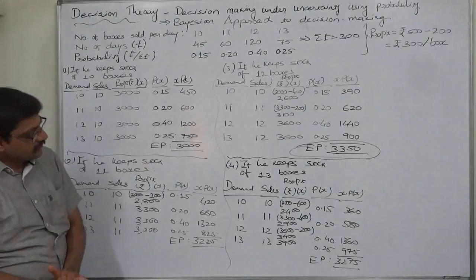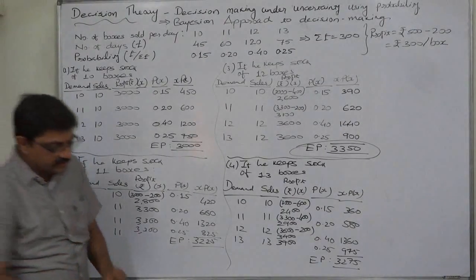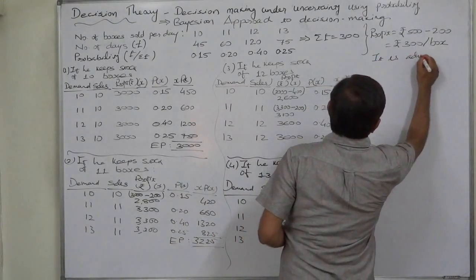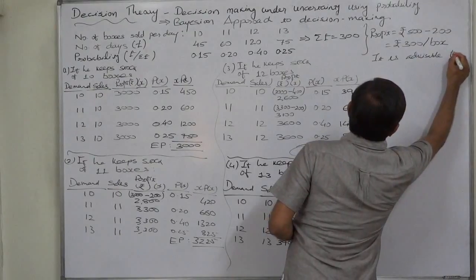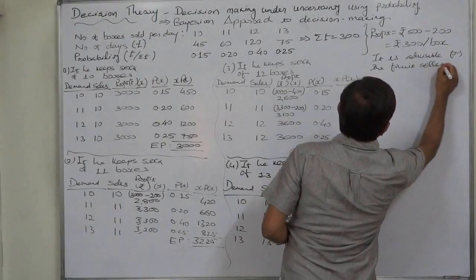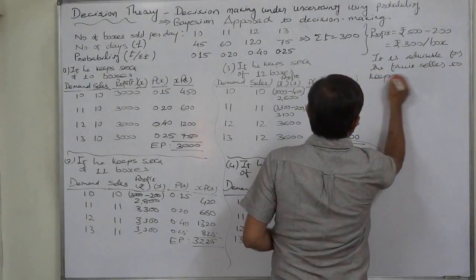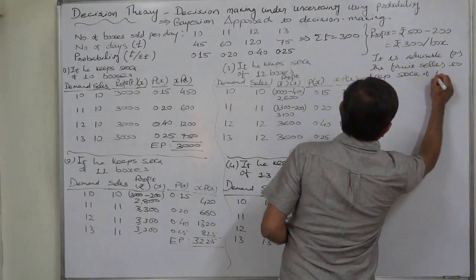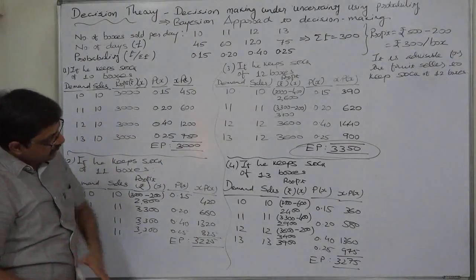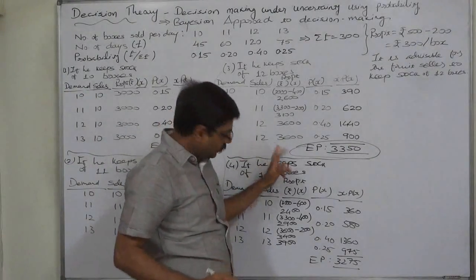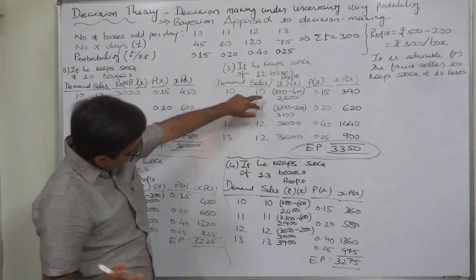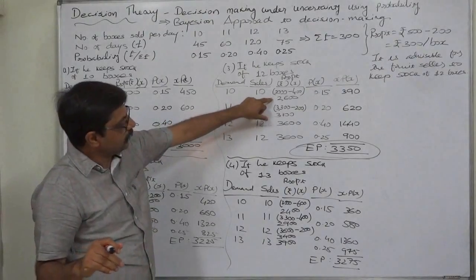So at this stage we can say that it is advisable for the fruit seller to keep stock of 12 boxes, which gives him the highest possible profit per day. 3350 per day. Even if he has to write off loss of 1 or 2 boxes